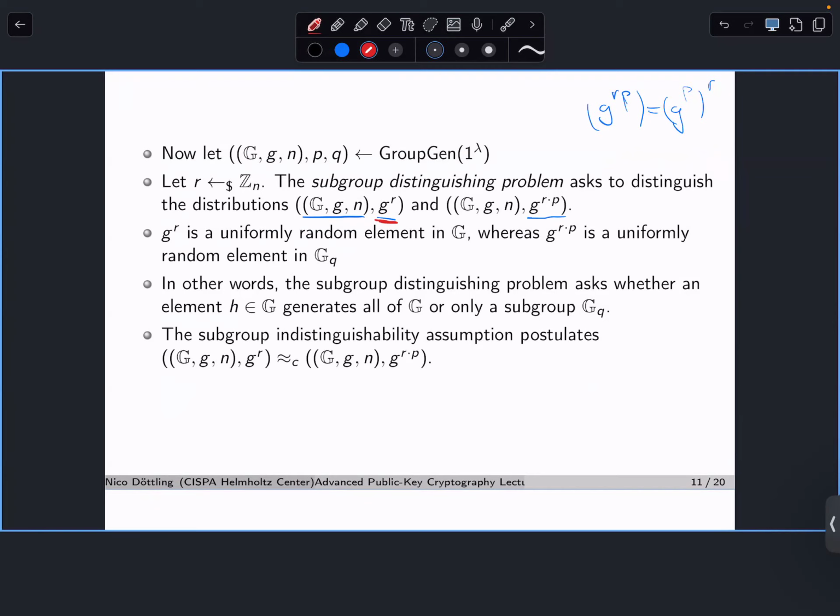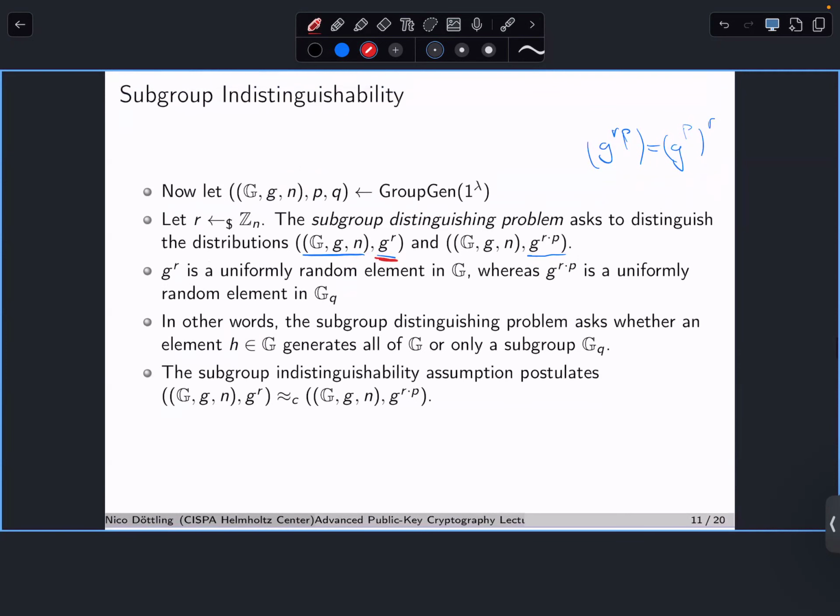And in other words, the subgroup distinguishing problem asks whether an element h that I give you is random from the entire group G, or just randomly chosen in the subgroup G_q, right? And we call it the subgroup indistinguishability problem because we assume and hope that it is hard to distinguish these